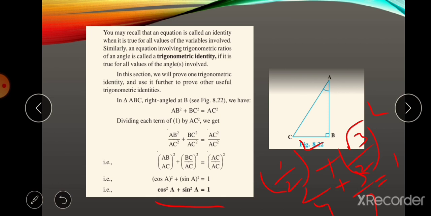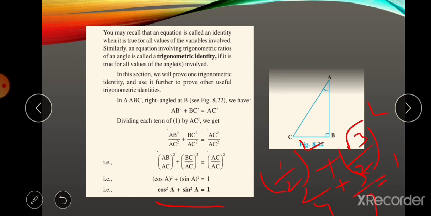If you take any values, then sin square A plus cos square A will compulsorily be 1. Take cos 0, sin 0. Cos 0 is 1 and sin 0 is 0. So 1 square plus 0 square is equal to 1 only. Take cos 90, sin 90, cos 30, cos 60, 45. We have proved these already. If you take any angle and substitute it, the answer will always be equal to 1.